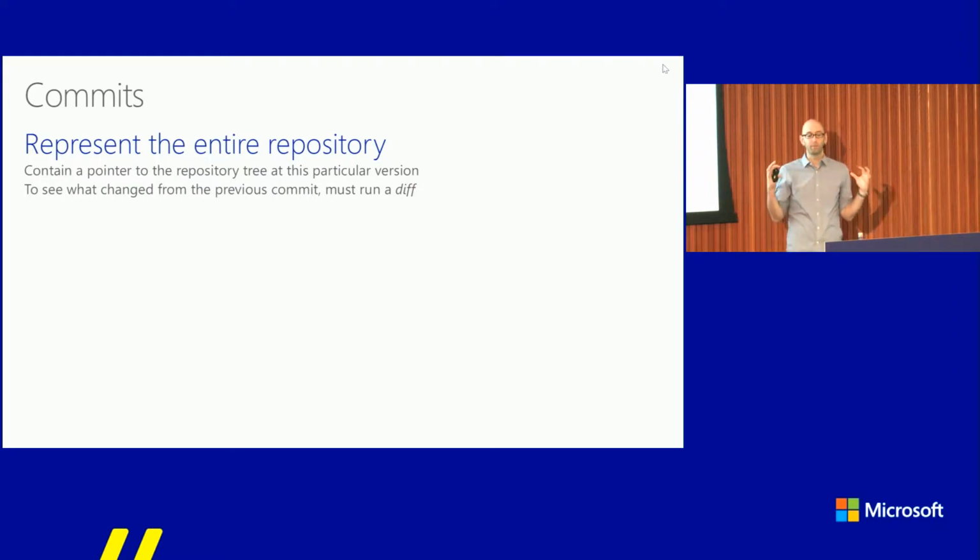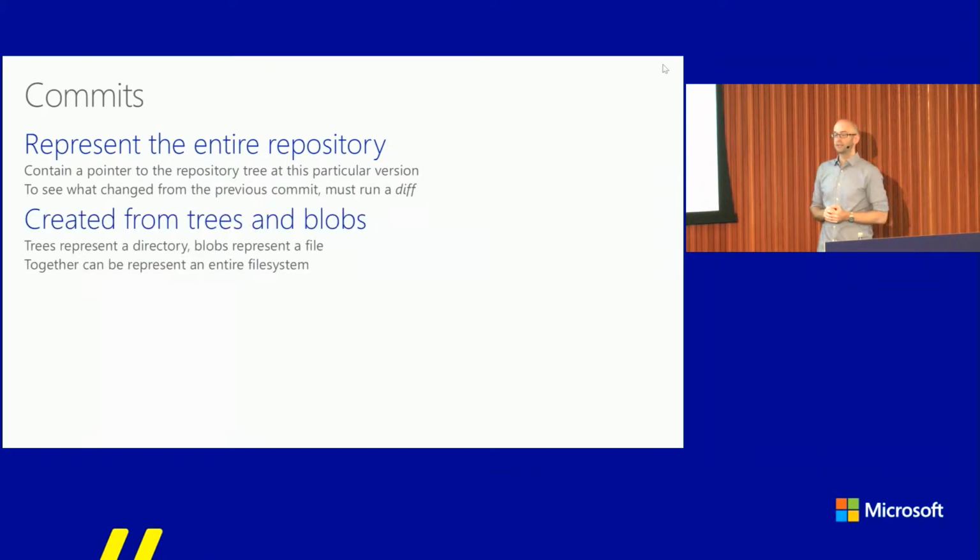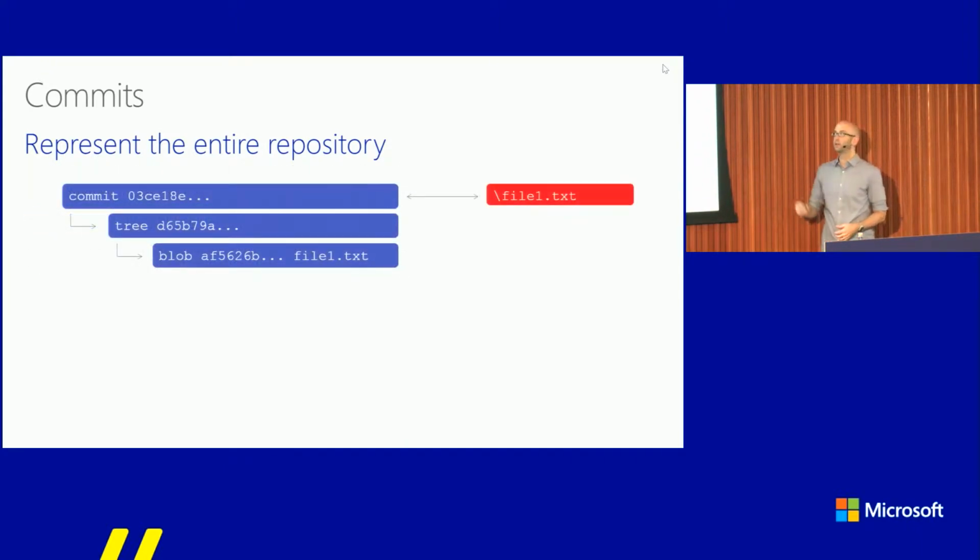Git is really storing a pointer to the entire repository, a snapshot of the entire repository at that time. And it uses some other quote-unquote Git objects to build this snapshot. It uses trees, which represent directories, and blobs, which represent files, and it'll just chain those together to build an entire file system hierarchy. So if I have one file and I put it in my Git repository, let's call it file1.txt, when I add that and run git commit in a new repository, I'm going to get a blob that points to that file, file1.txt, that has that content. I'm going to get a tree that has a list of the files in the repository at that time. There's only one, file1.txt. And then I'll have a commit that points to that root tree